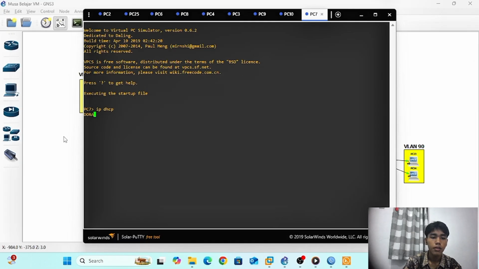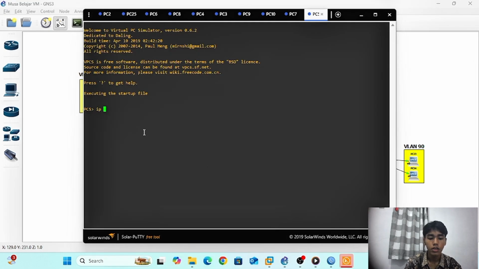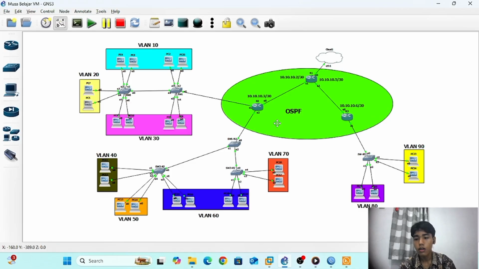Okay, success. With this configuration, VLANs can communicate with each other and the network can access the internet or core router 2. Success. Next configuration.